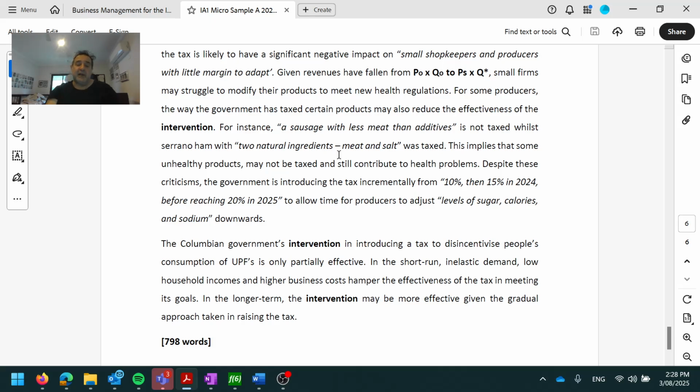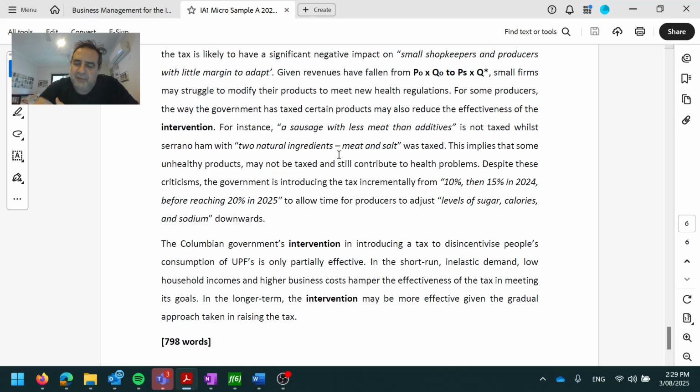You play the role of judge. In a sense, you have presented both the case for and the case against, and you are making a judgment here about whether or not the intervention is effective in meeting its objective, right? So, depending upon the key concept that you use, you've got to make a grand statement about your key concept in the conclusion. But generally speaking, whether we do the macro or micro, and even when you do the global IA,